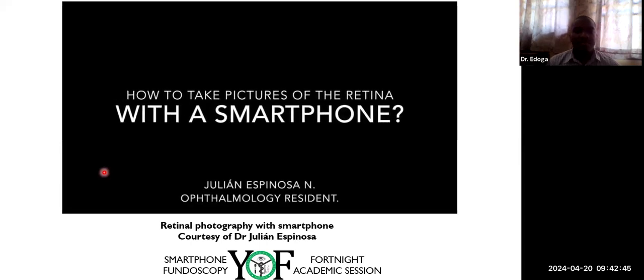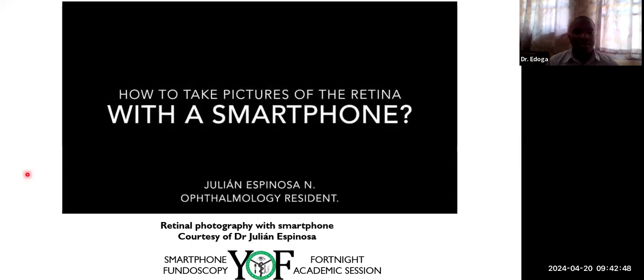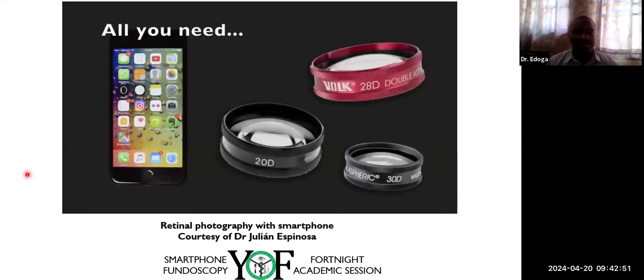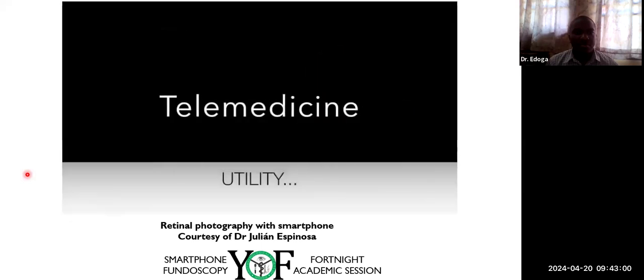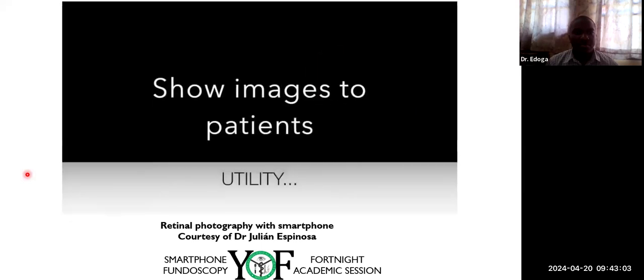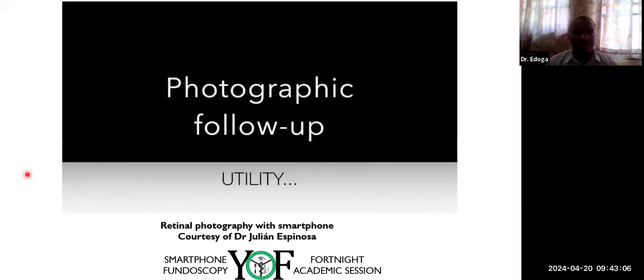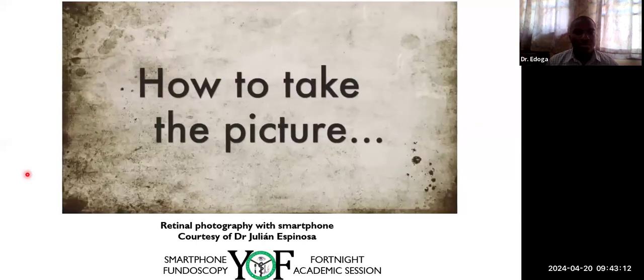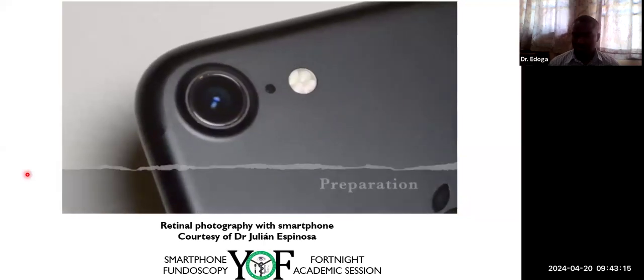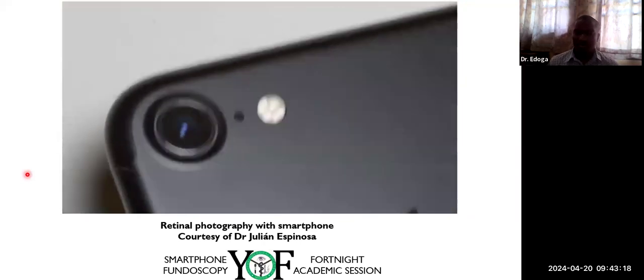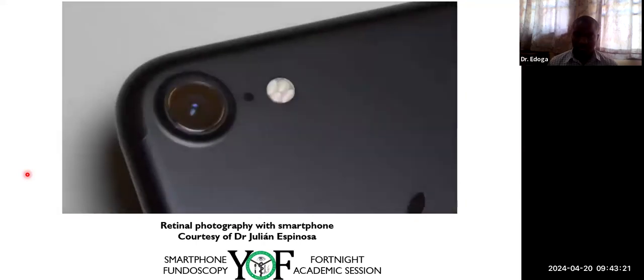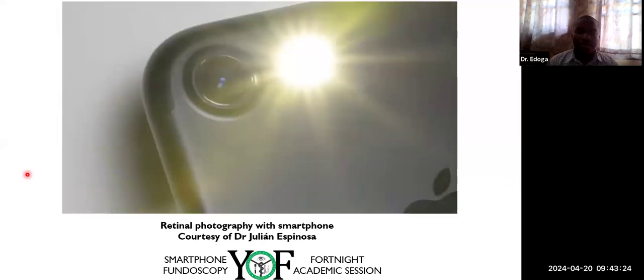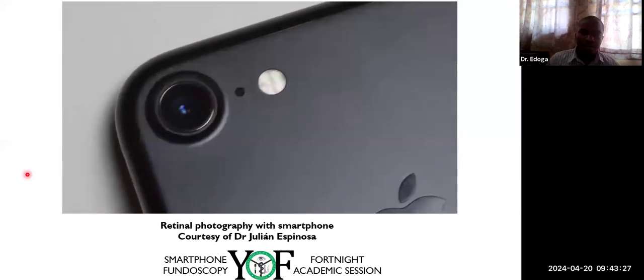This is a video tutorial on how to take pictures of the retina with a smartphone. All you need is a smartphone with a camera and a 20, 28 or 30 diopter lens for indirect ophthalmoscopy. It is very useful to have these images for telemedicine, to show the images to the patient, photographic follow-up of lesions, academic purposes, among others. How to take the picture. It is very important that the smartphone has a continuous LED flashlight just inside the camera. This is so that the light source is coaxial with the camera. I know it works with iPhone 7, 6, and 5, but